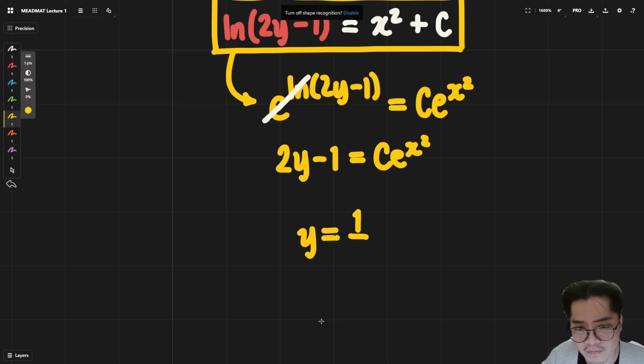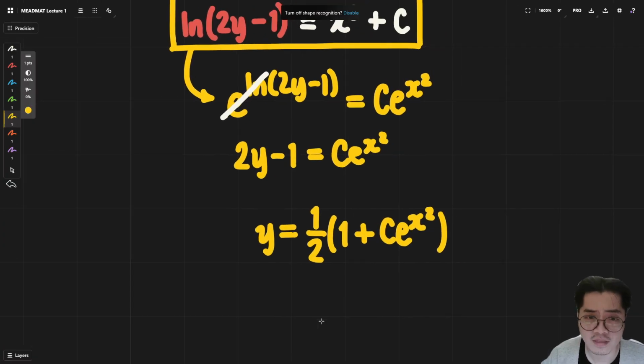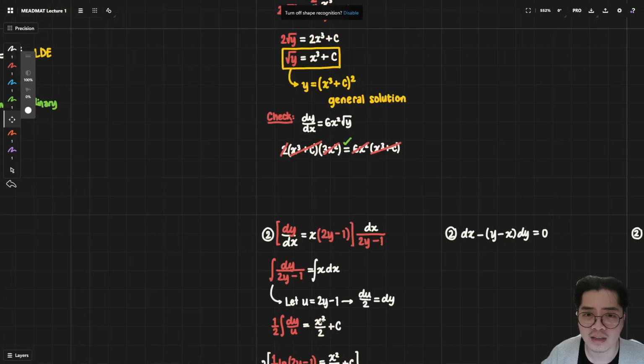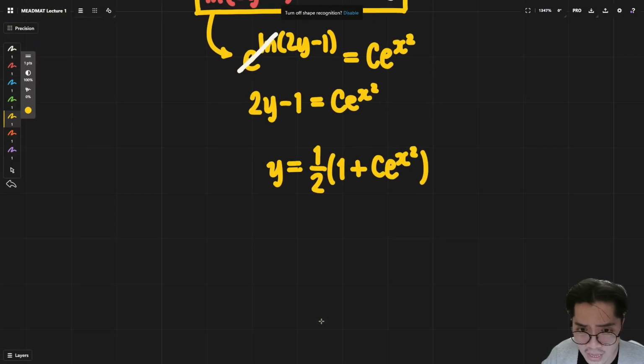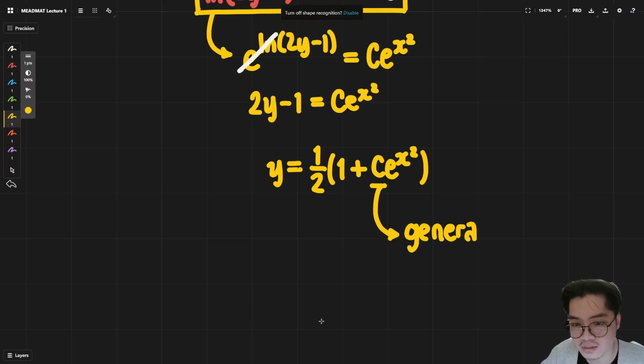You will have 1/2 times 1 plus ce raised to x squared. That is our answer. So again, this is another general solution. And how can I know? Because of the c, right? This is another general solution,